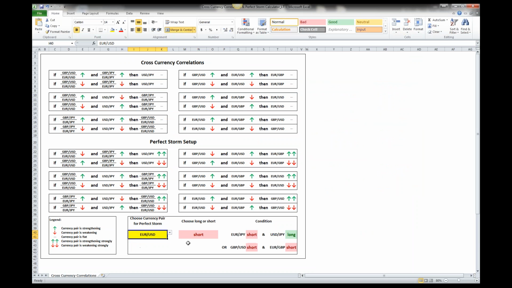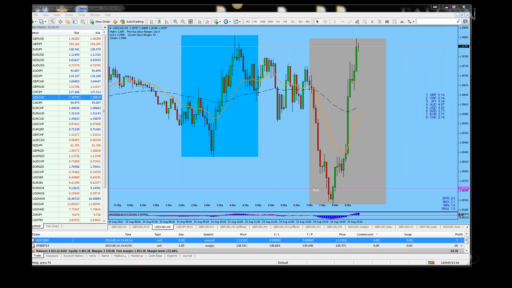and I have to add more pairs to this. In order for me to go short, euro yen has to be short, dollar yen has to be long, or pound dollar has to be short, and euro pound has to be short. So let's slide this out of the way and come back. And I need to add more pairs, but euro yen should be short, which is what